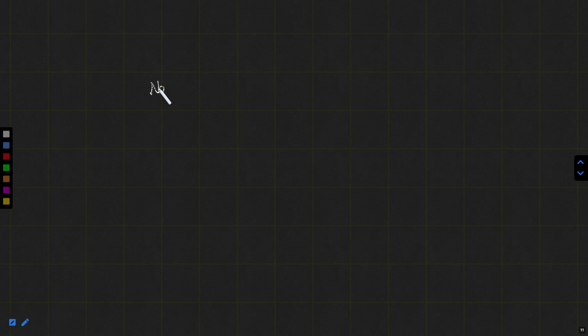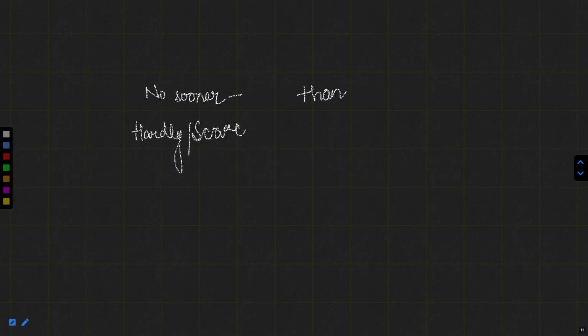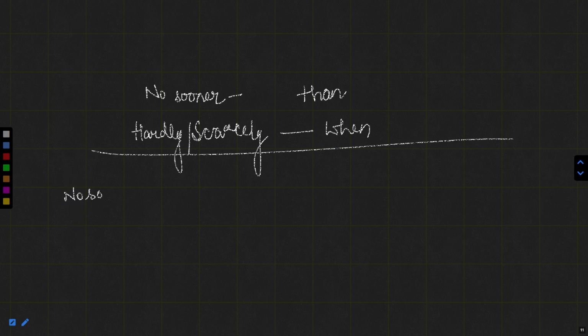Whenever we have the word no sooner, it can only be paired with than. And as I told you, if the words are hardly, scarcely, or barely, these words are followed or paired with the word when. But there is one more thing. If we begin our sentence with no sooner, hardly, scarcely, barely, so,